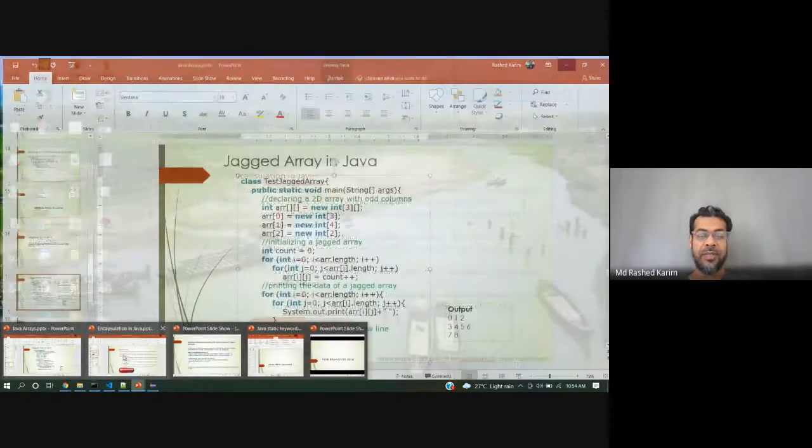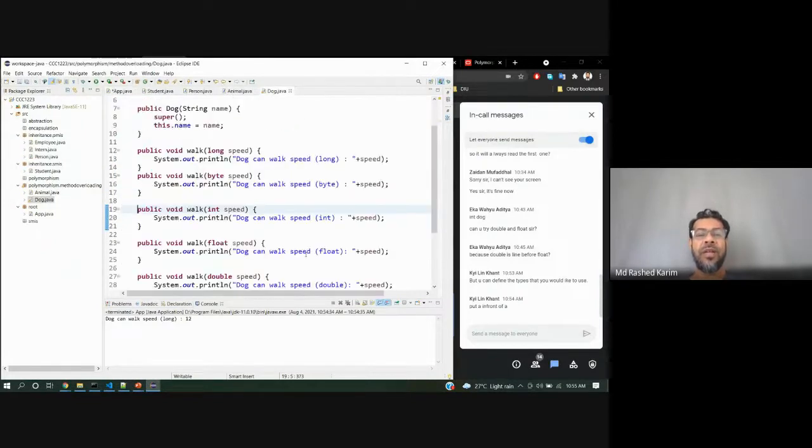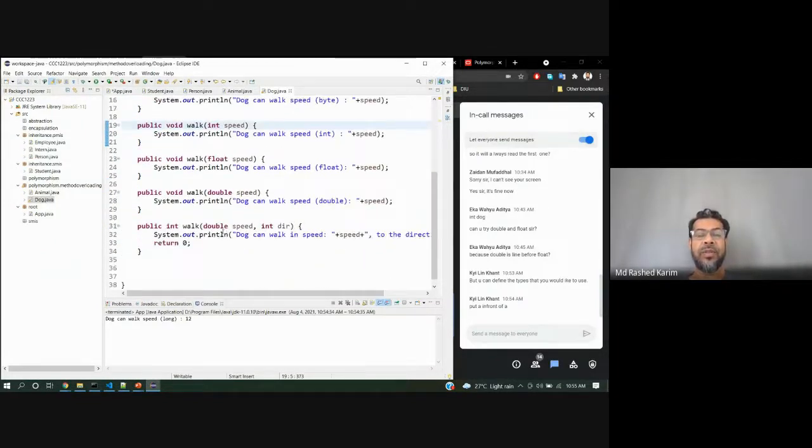because of the notations they have. Like overloading with type promotion in case of ambiguity. So now it's ambiguous. One type is not promoted implicitly. For example, double cannot be promoted to any type implicitly. So if you declare this method, I'm just trying this method with two parameters like this one.